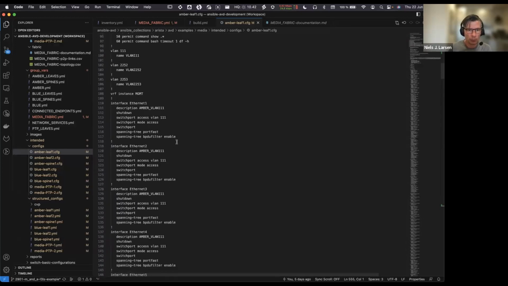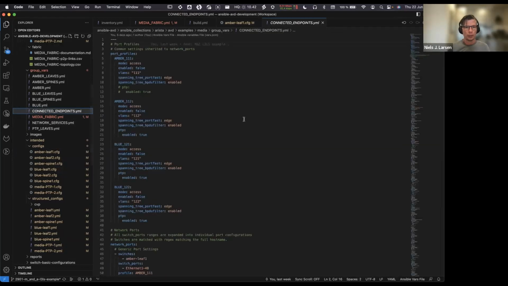And I see I made a mistake here because AMPA VLAN 1 is not enabled for PTP. So we can jump to the connected endpoints and you will discover I had commented the PTP enabled command, meaning that this port profile will never receive any PTP configuration.